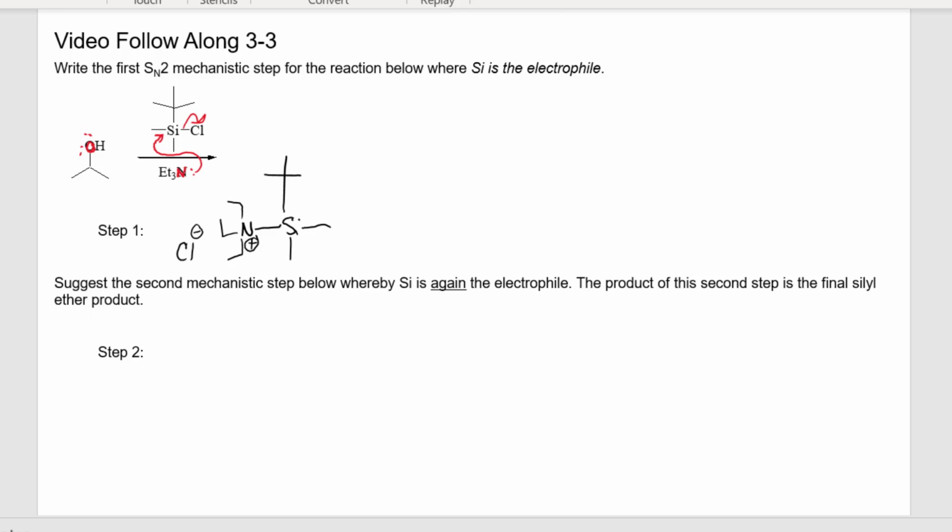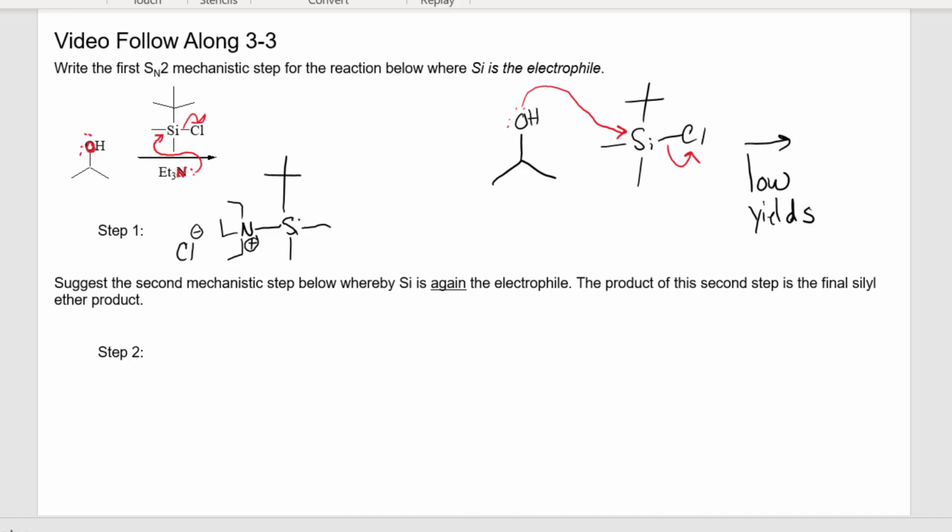Why is this important? Well, in a paper by E.J. Corey, he showed that you can get this reaction to go without the use of triethylamine, but the yields are really low. Okay, so this can occur and you can work your way to the silyl ether, but you get really low yields. Think about why that would be. Well, 1, oxygen's not as good of a nucleophile. 2, the silicon is, you might say, well, gosh, that's a pretty